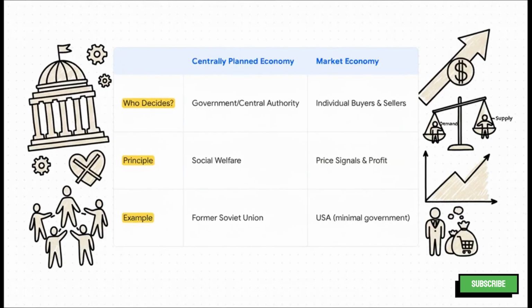So if you think about it, there are basically 2 opposite ends of the spectrum. On one side, you've got the centrally planned economy. Here, a central authority, like the government, calls all the shots and makes the big economic decisions, usually with the goal of social welfare in mind. Then on the complete other side, you have the market economy. Here, it's individual buyers and sellers making decisions based on supply and demand, and the main driver is the search